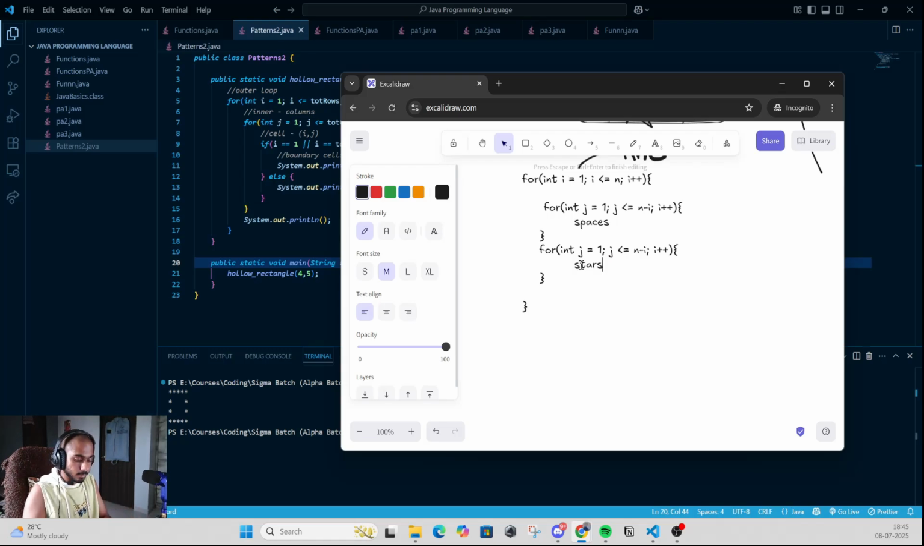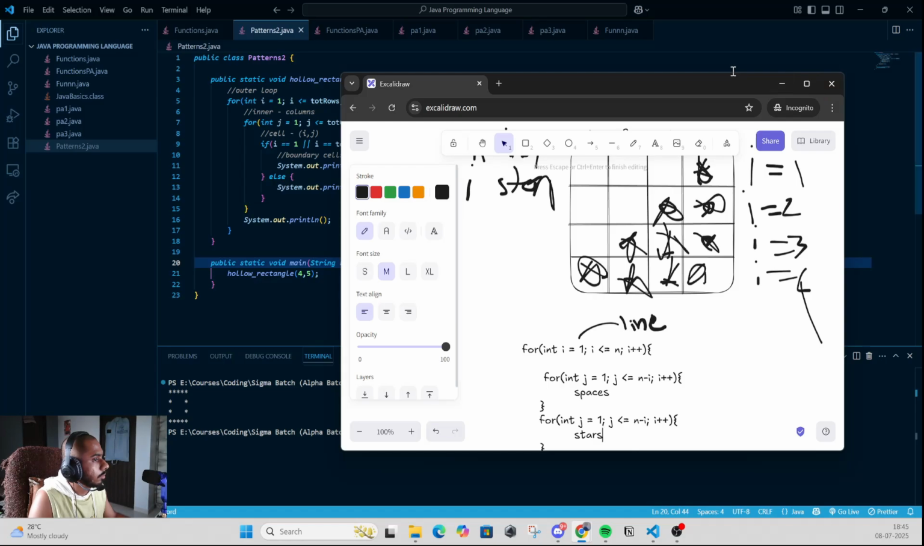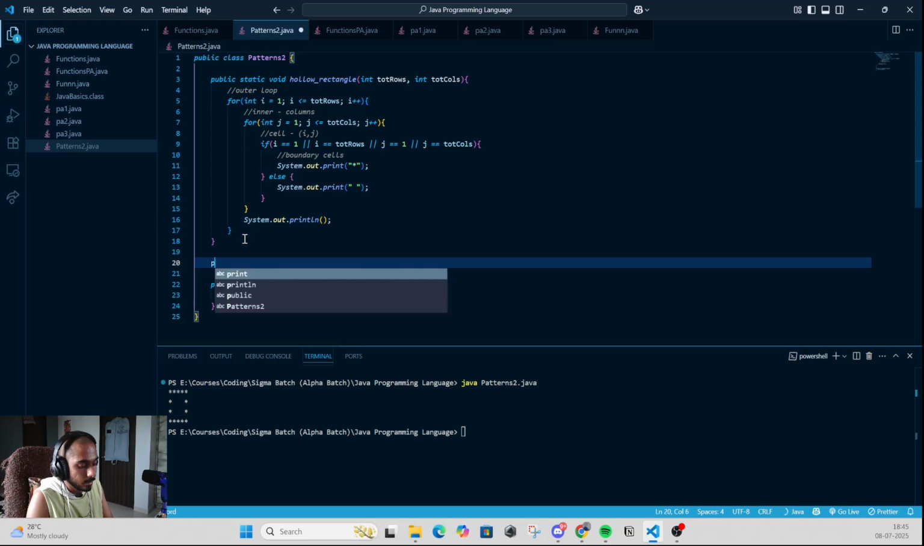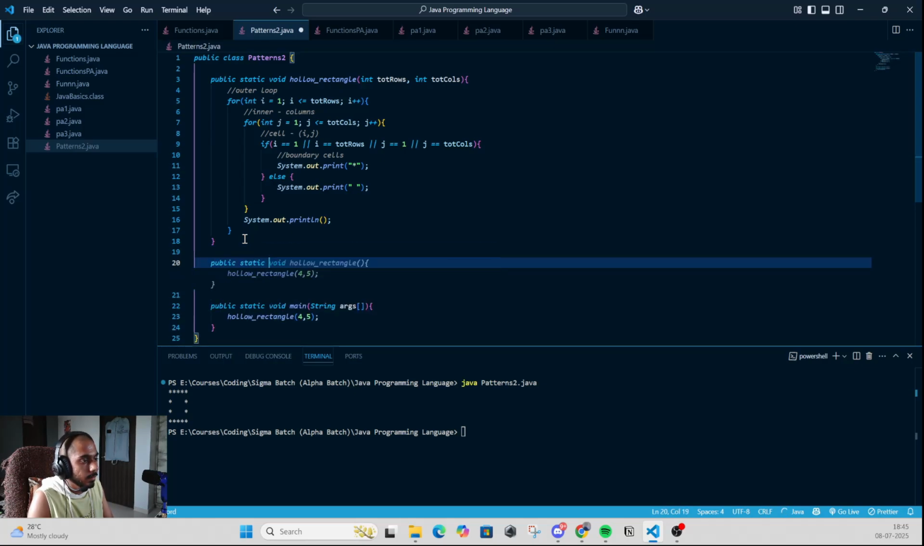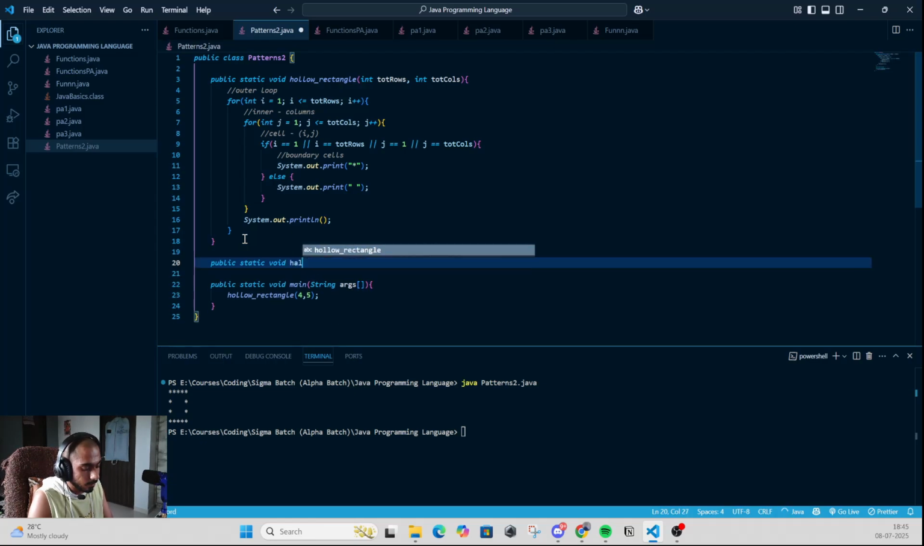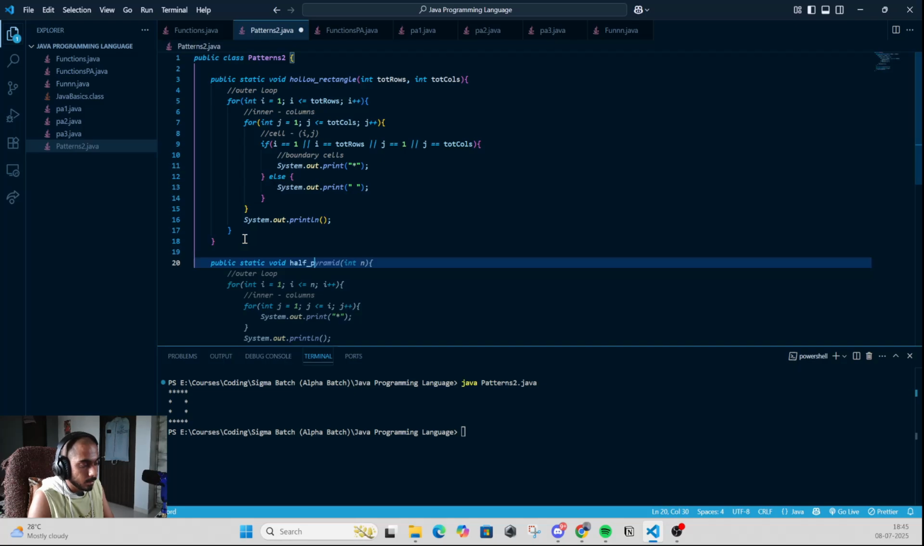Let's just try writing it first, I guess, and test it out. So this is a different one. Let's say public static. We can just say void because we are printing, and let's just say half pyramid, and then yeah, it will take row number as an input,